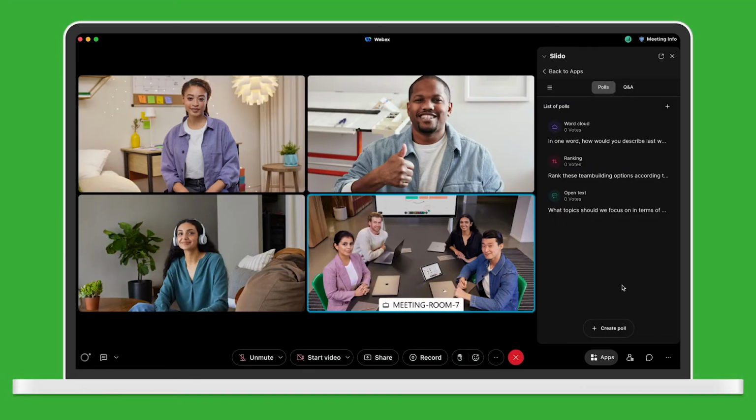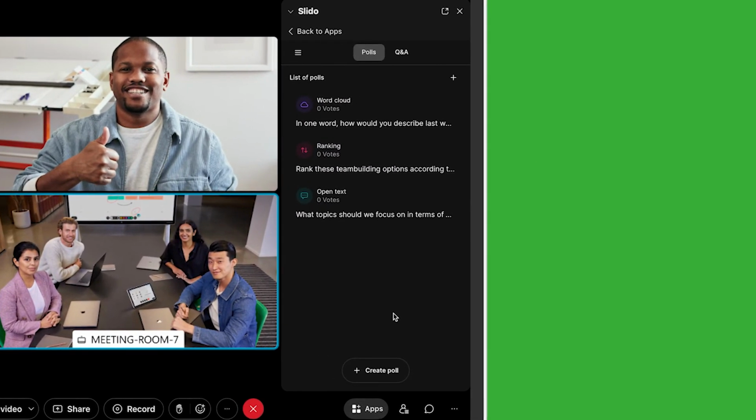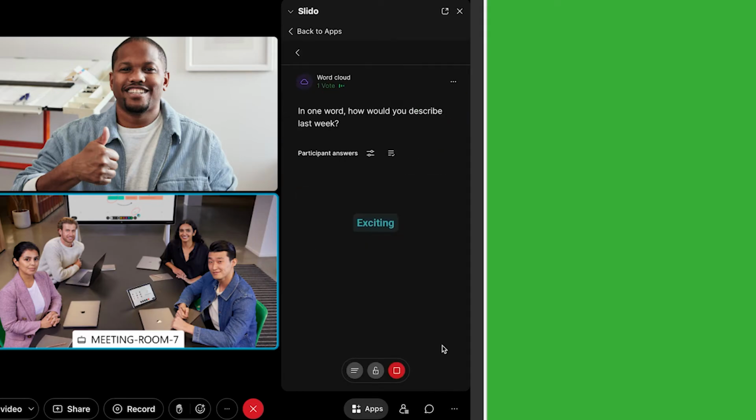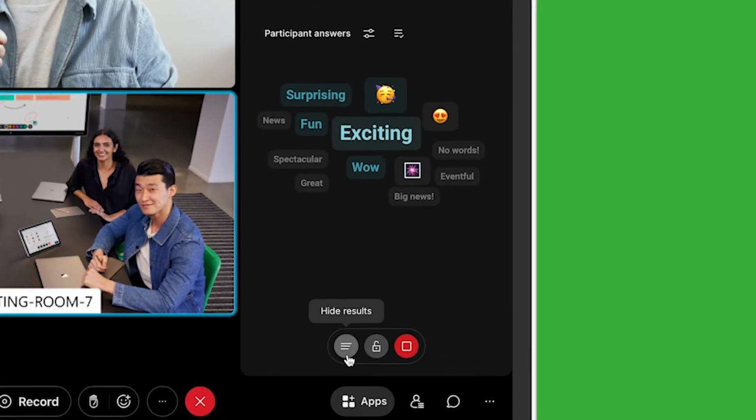When the meeting starts and other people join, Slido will be comfortably waiting for them in the sidebar. When it's time to activate the first poll, just click the green launch button next to it. Down here, you have the option to show or hide the results, close voting, or deactivate the poll when it's